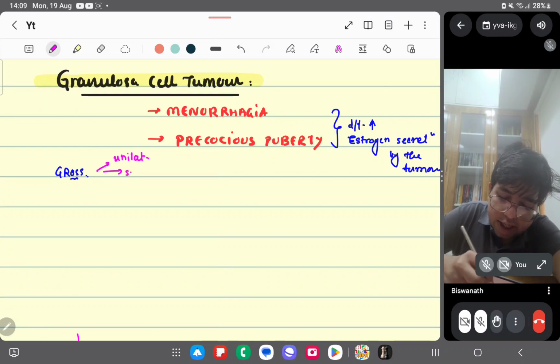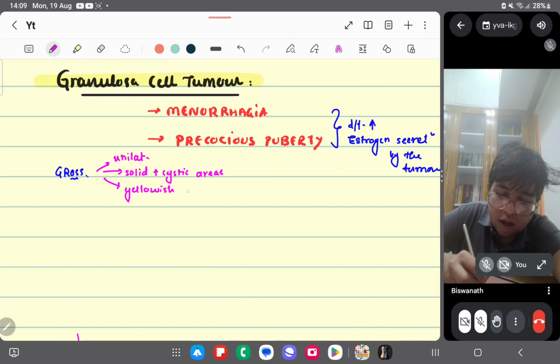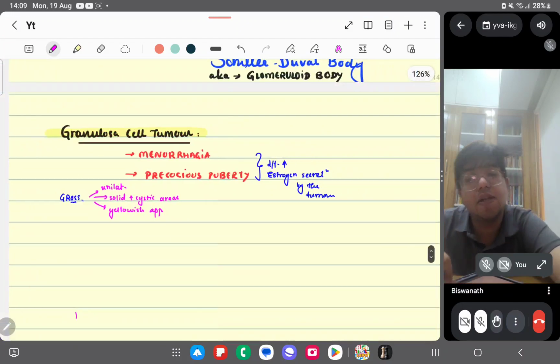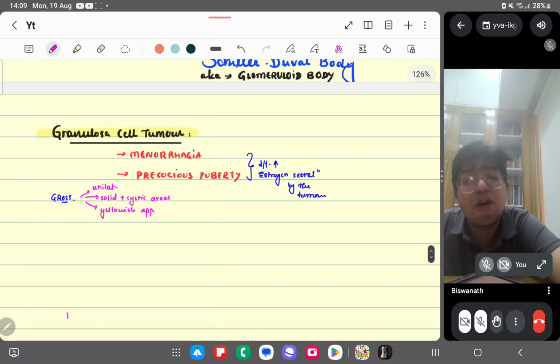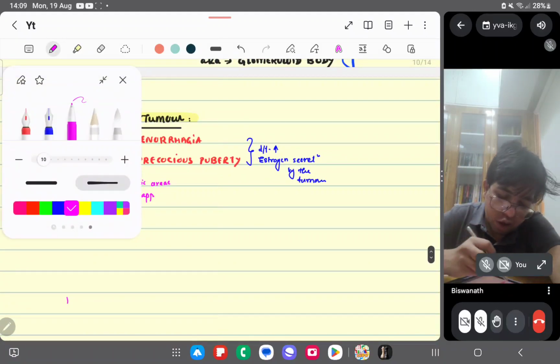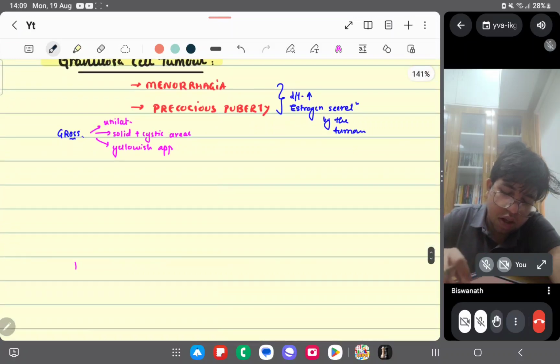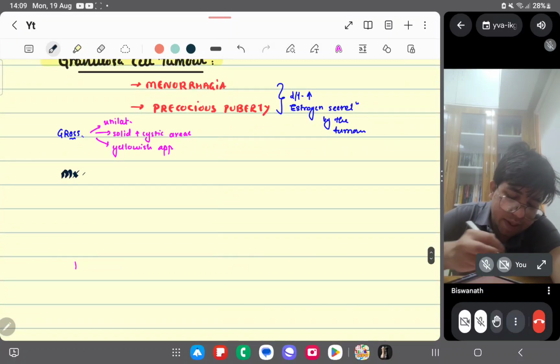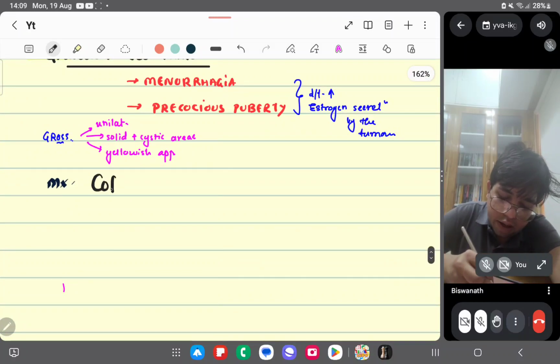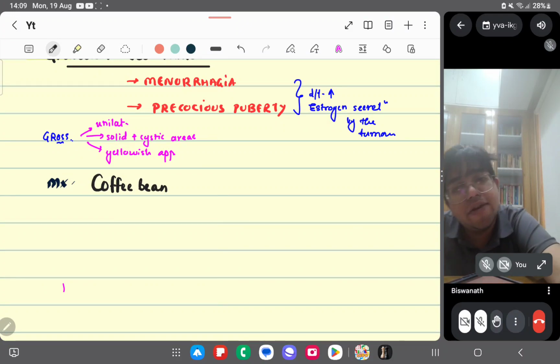Second thing is the solid and cystic areas are present, and it has a yellowish appearance. Okay, done. And now let's talk about the microscopy. So talking about the microscopy here, we have a characteristic appearance known as coffee bean. Coffee bean nuclei you can write, and